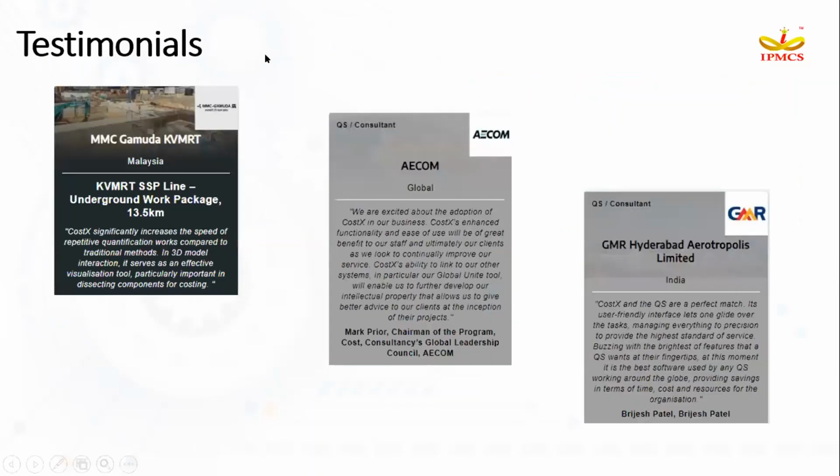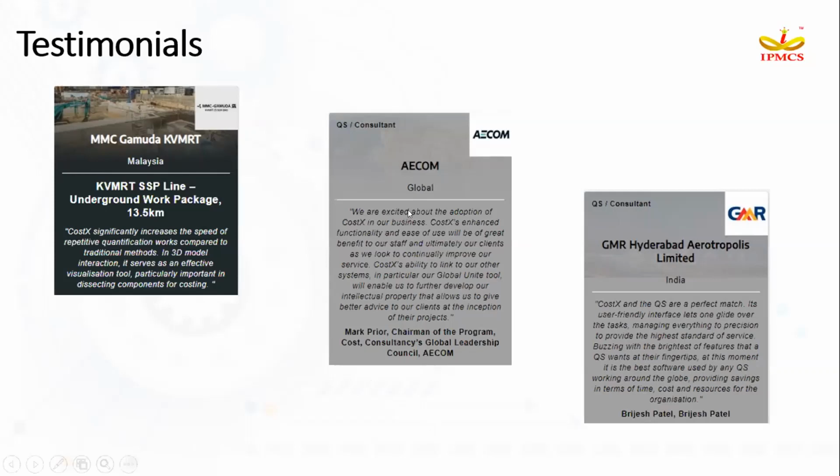So you can see some of the testimonials from our clients of I2 Costex from MMC, Gamuda, KVMRT. So what they felt is Costex increased the speed of their quantification comparatively with the traditional method.